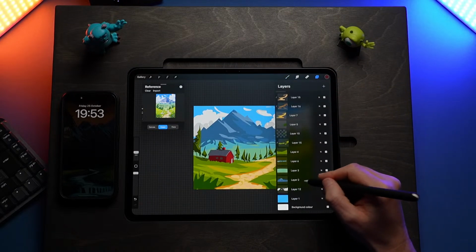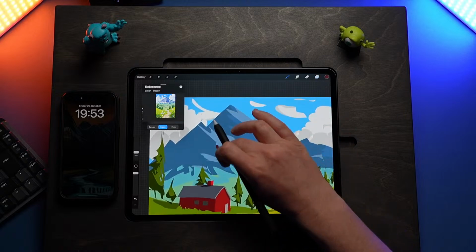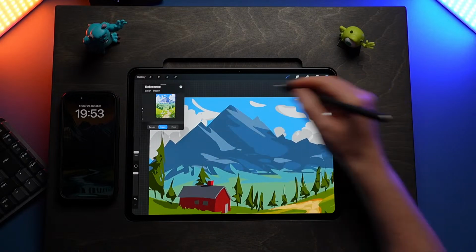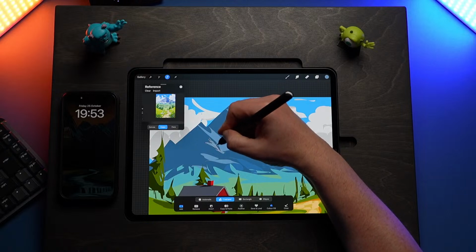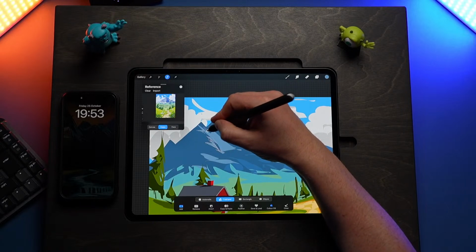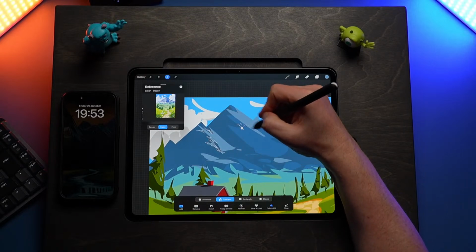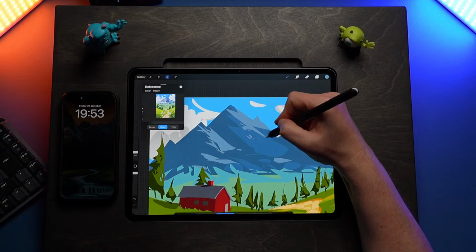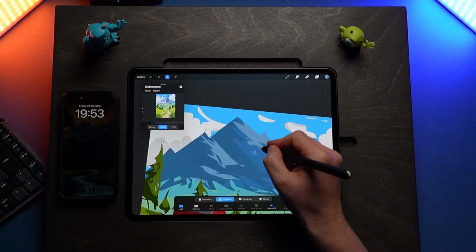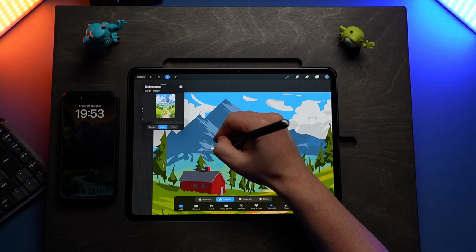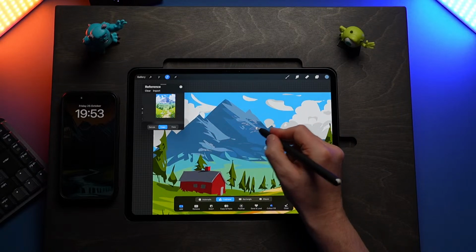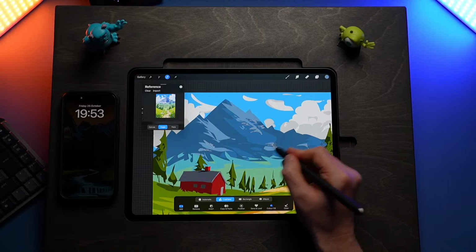Let's go back to the mountain. I don't like the mountain too much. You get these big shapes. You wouldn't have these big straight shapes there, because they're very jaggedy mountains and they got a lot of little spikes and things. So there's one thing nice about this tool: you can be quite messy easily